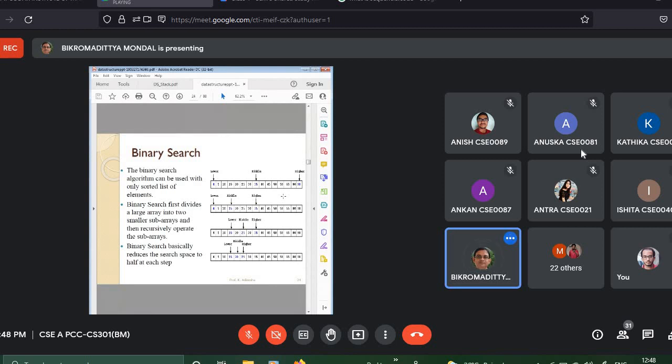Now we can do a little bit of analysis of this. You can compare it with the linear search. Here the requirement is to get the ordered list. Now the question is, ordering the elements itself takes a huge amount of time, more than the searching. That is one thing.